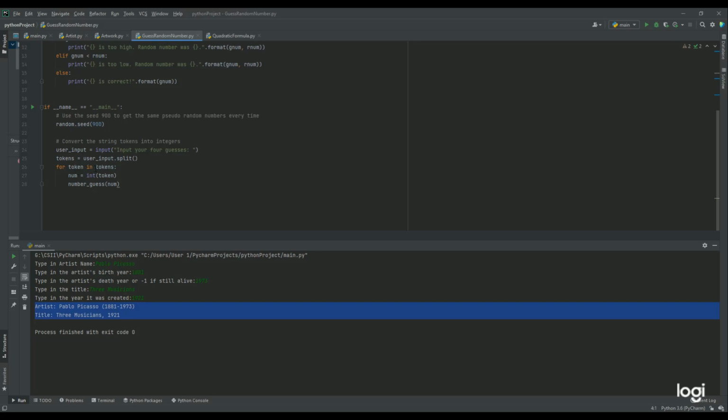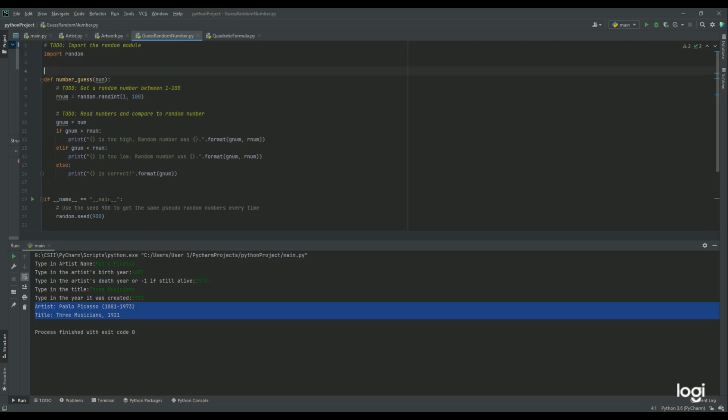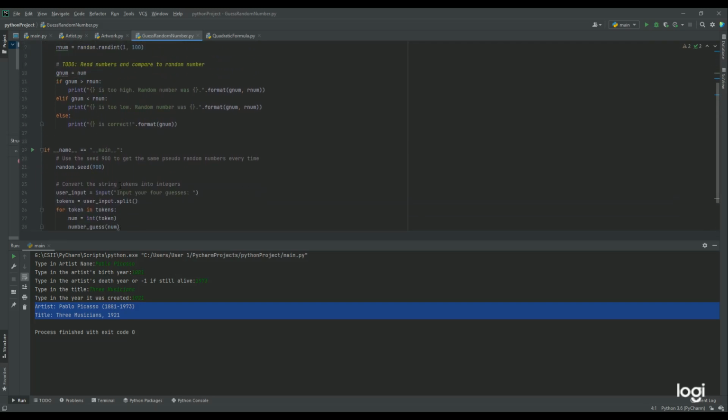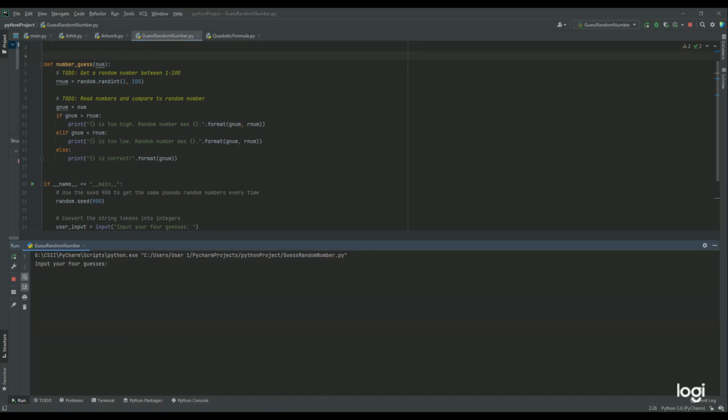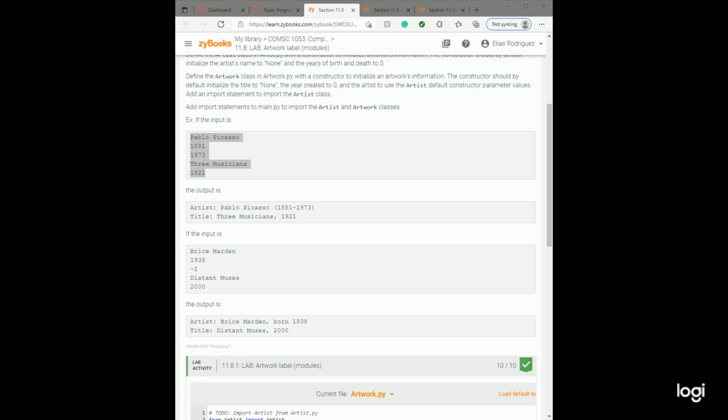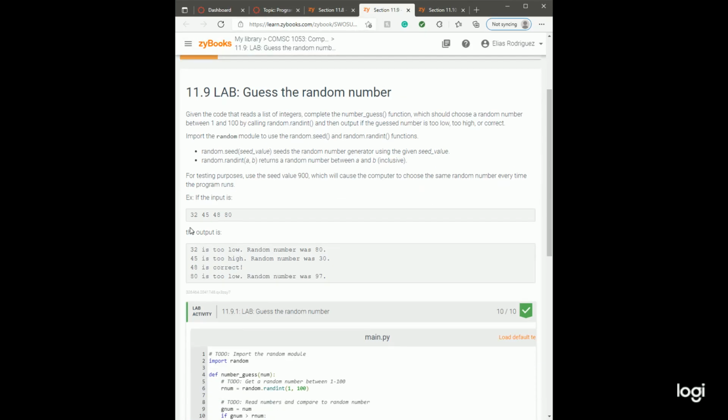So for token in tokens, it will run number equals int(token), and it will input that number into our formula, or our function, which we created up here. So I'll go ahead and run this and use the numbers given to us. Input guesses. Let me take you back to my other screen, and the guesses given to us were 32, 45,